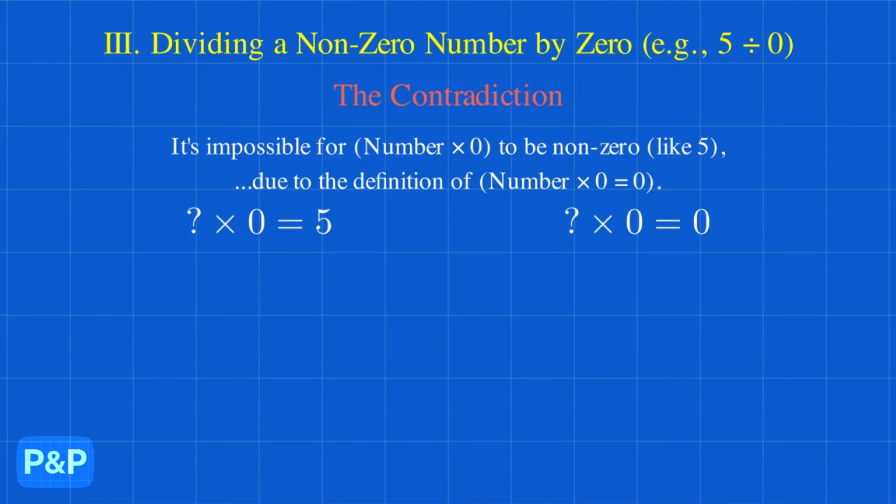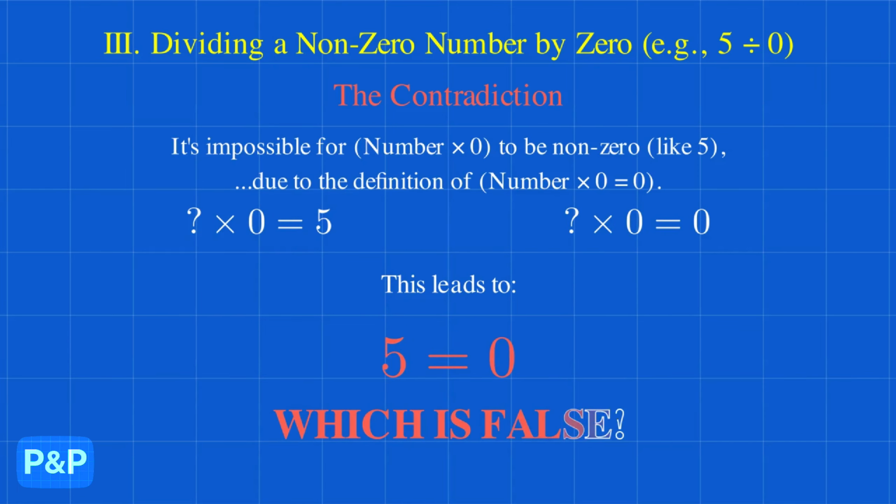This is a direct consequence of how multiplication involving 0 is defined. If this property, any number times 0 equals 0, were different, then division by 0 might behave differently. However, given this established property, a contradiction arises. If question mark times 0 equals 5, and we also know question mark times 0 equals 0, then it would imply 5 equals 0,